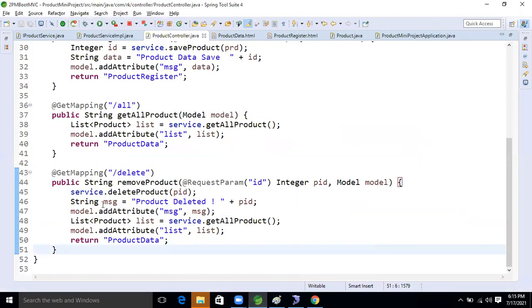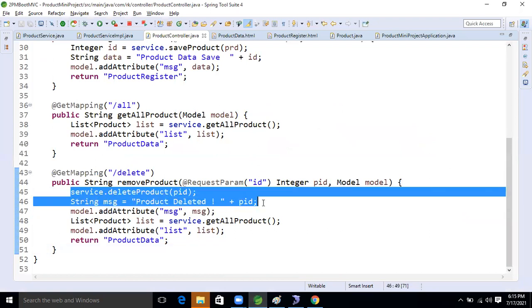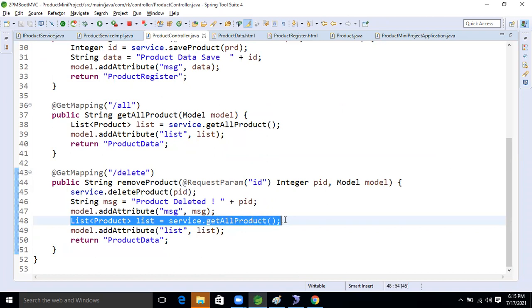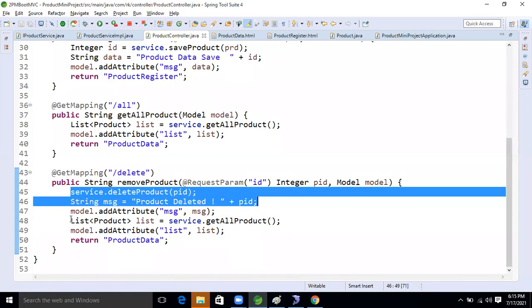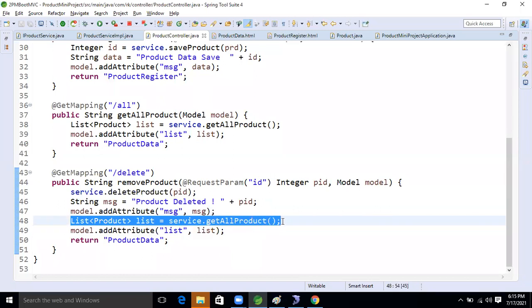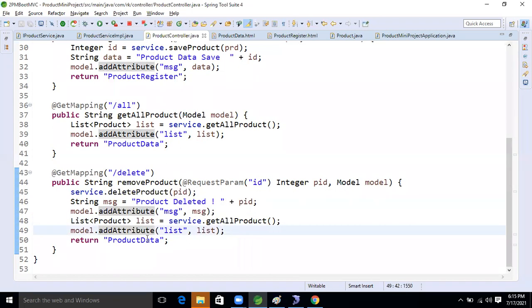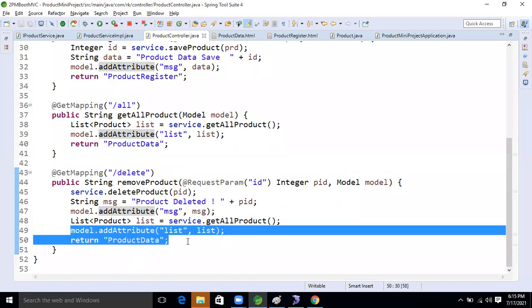So same things. See this here? I'm deleting the data, right? After deleting that, what am I doing now? I'm loading the record, whatever record is there in the database, the current record. Because after deleting the record, we can't expose this suddenly. So we need to load that data in our controller, right? So based on this, I'm loading whatever records are there inside this product class now. After that, I'm exposing it to our page.